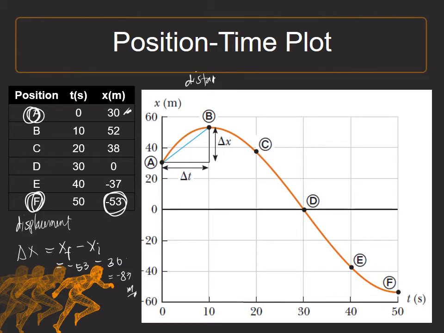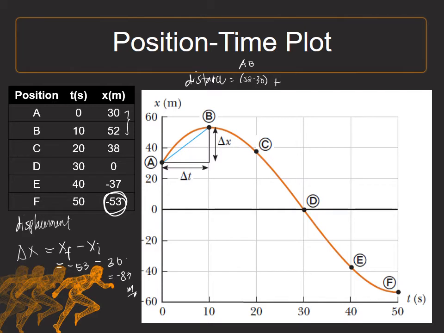So, if we are talking about distance, ang gagawin natin is i-compute natin yung distance every point. Yung distance na na-cover niya from A to B, from B to C, from C to D, from D to E, and from E to F, tapos i-add natin silang lahat. Okay? Remember that it is always positive. So, let's start with from A to B. Here, from 30 to 52 yung position niya. The distance between A to B is 52 minus 30. So, I'll write it on top. Distance AB is 52 minus 30